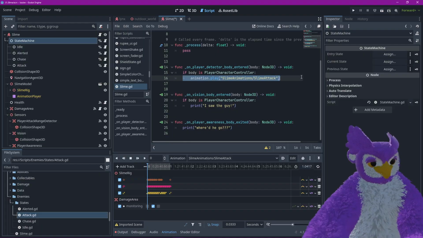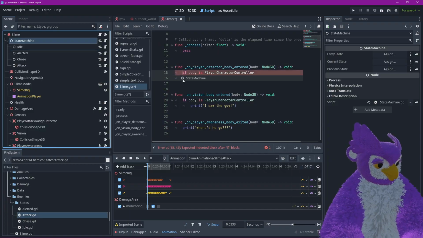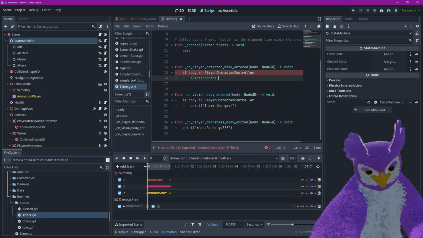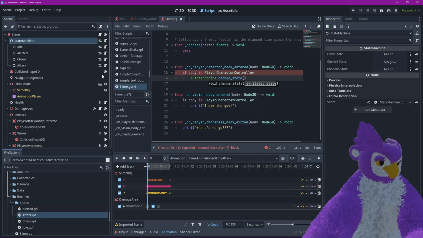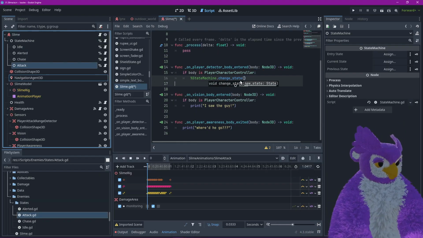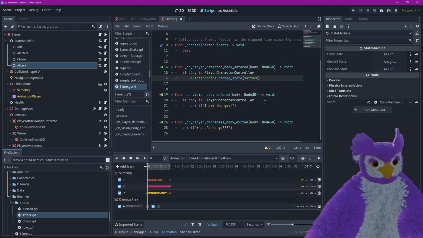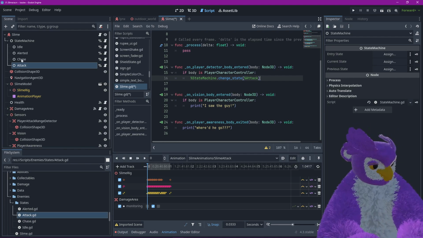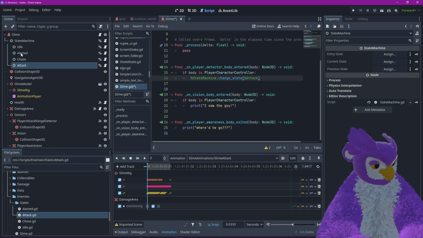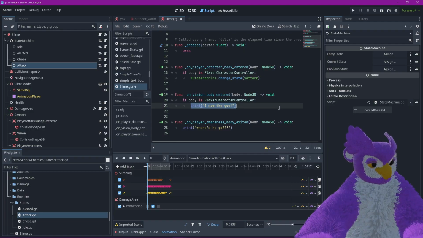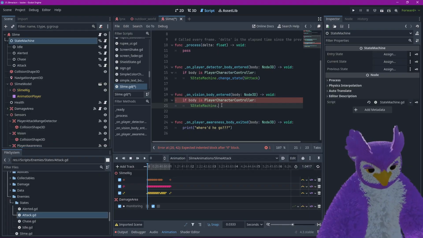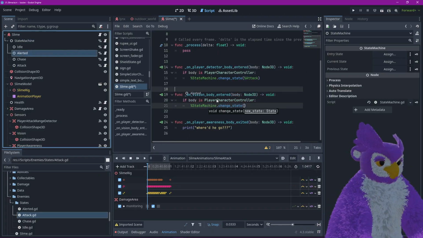And rather than saying slime attack, we're going to say state machine dot change state and attack state there. And then instead of just printing I saw the guy, we're going to enter the alerted state. So we'll say state machine dot change state alerted